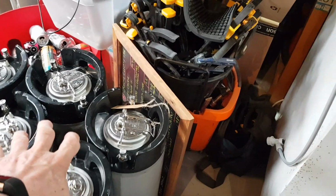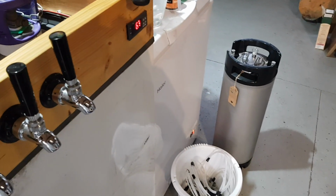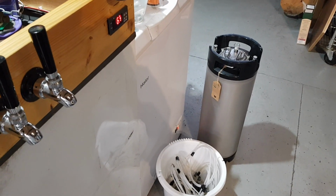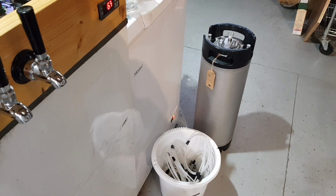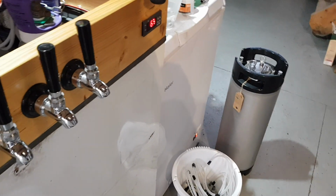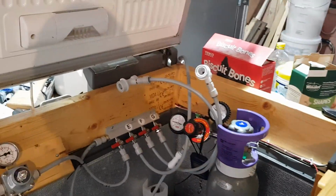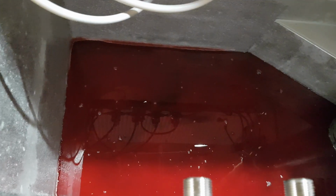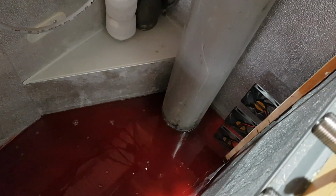These are the only ones that are going to go back in. I've got one that I need to bottle, and the other one I'm going to throw away. And then there's another one which has got next to nothing left in it, so I'm just going to pop that in the fridge and drink it tonight without it going back in here. This is our bath of beautiful raspberry effervescent,